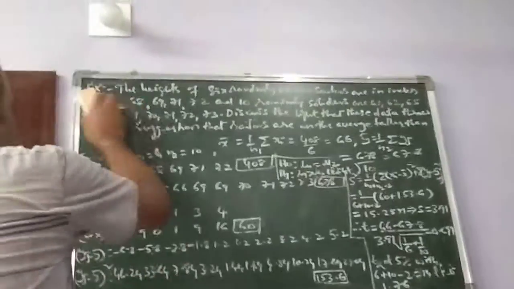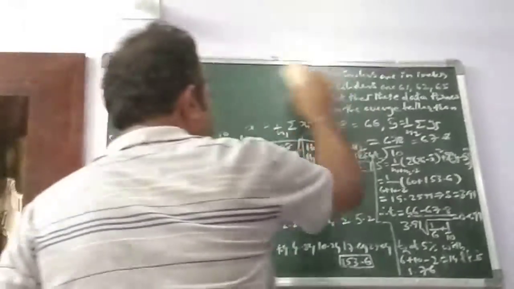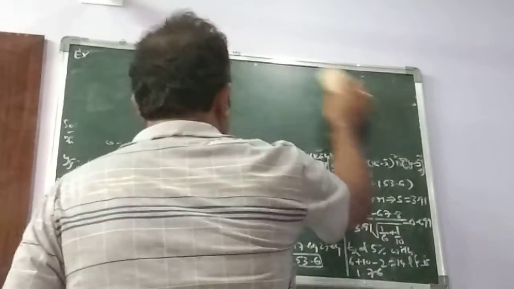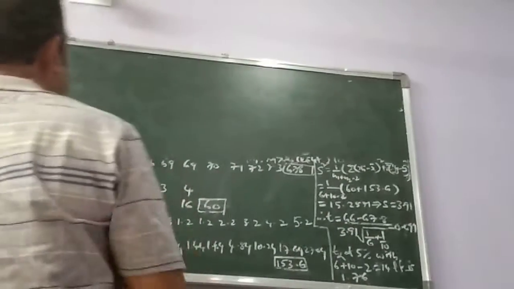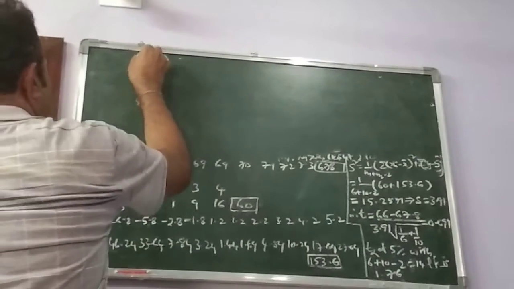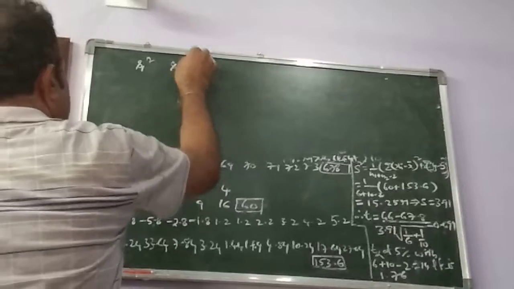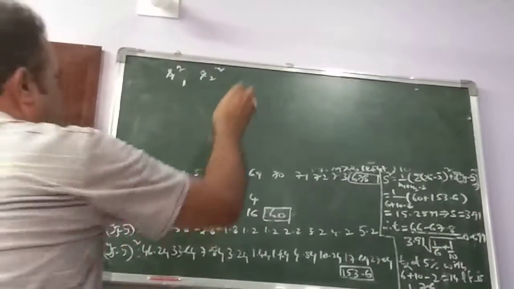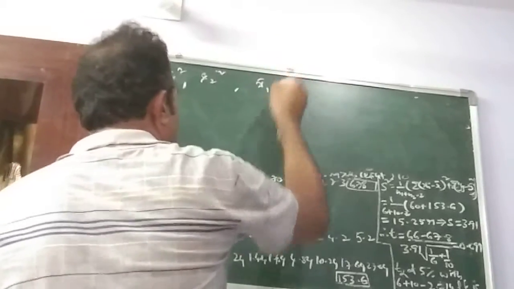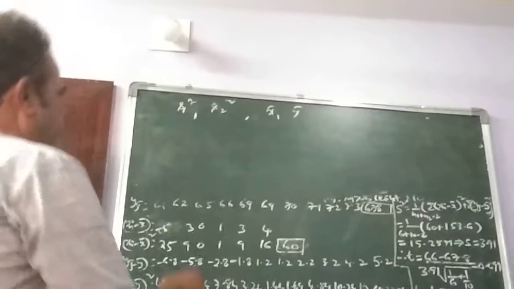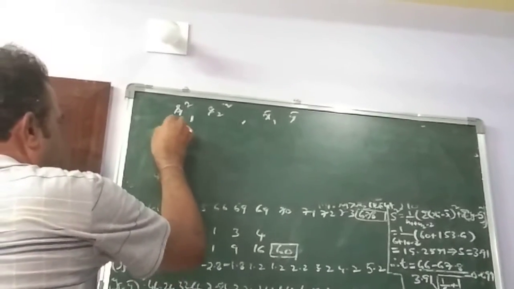And one more thing we will discuss from the t-test for difference of means. In some problems the data is not given directly; we are given the sample mean values and the sample variances s1 square and s2 square. Sometimes the sample means x bar, y bar and small s1 square, s2 square will be given. In such cases we need to estimate the capital S square, the combined variance.